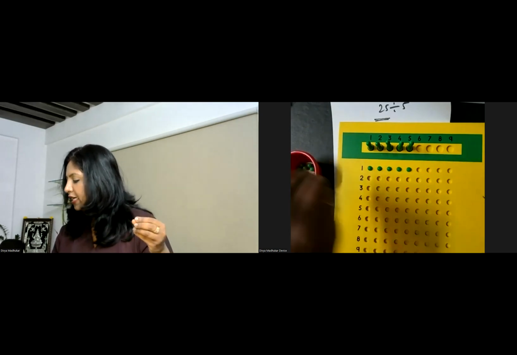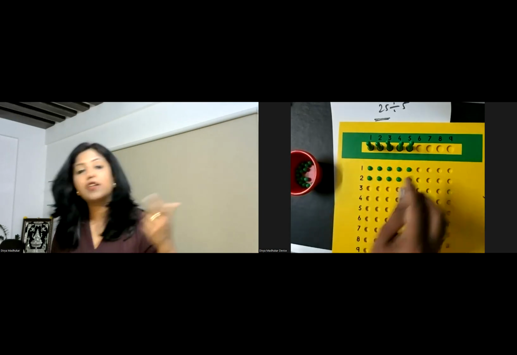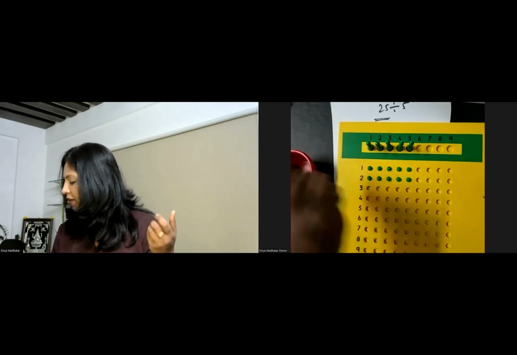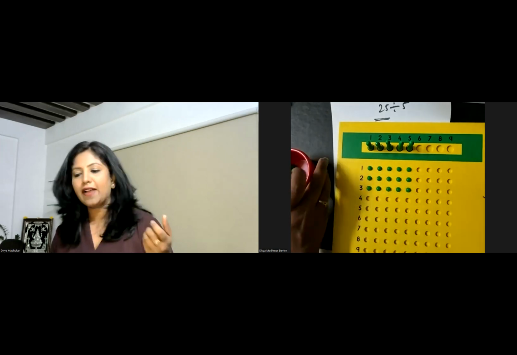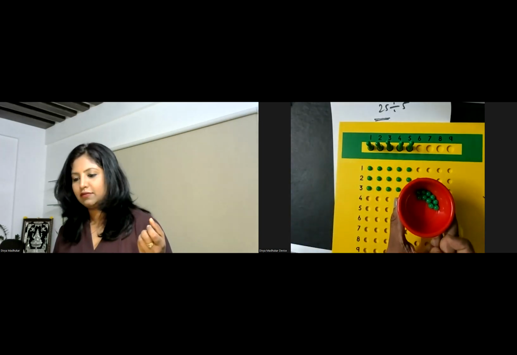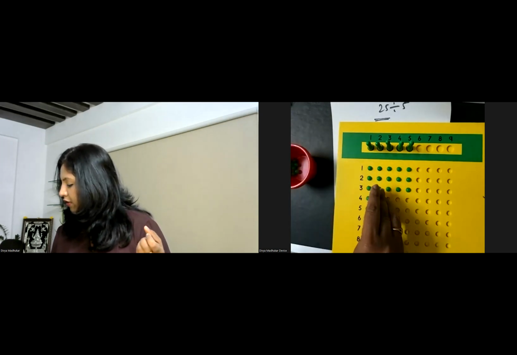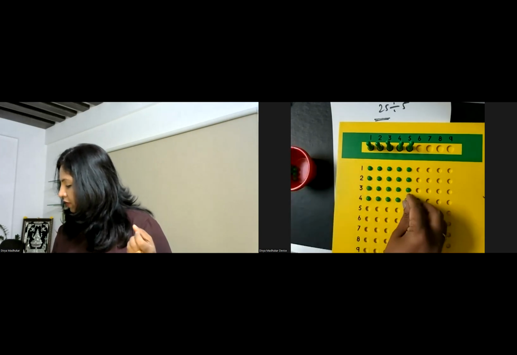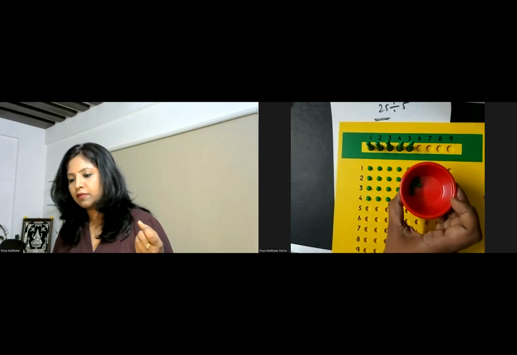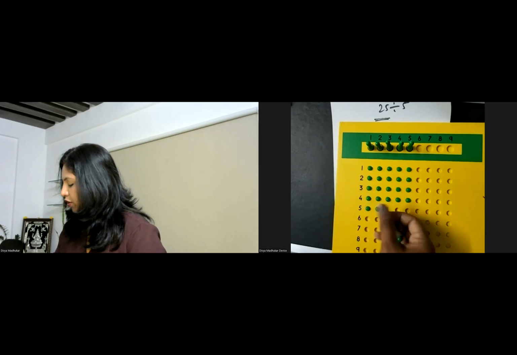So I go on the second line and I start distributing it. Do I have some more? Yes. So can I distribute again? Yes, to the third person. Do I have some more? Yes. So again, I start distributing. And the last one? Yes, I have more beads to distribute. So I distributed to all of them.